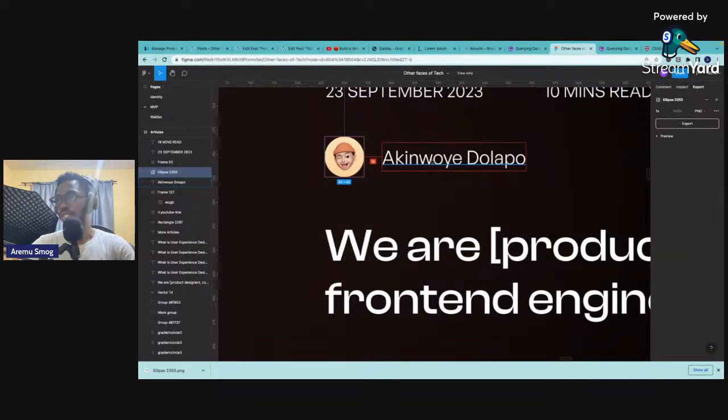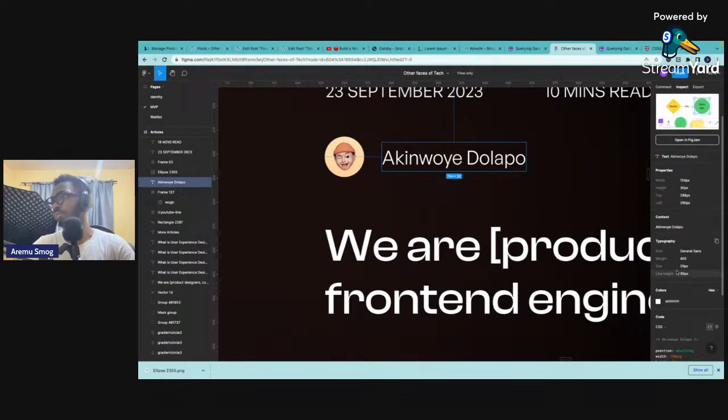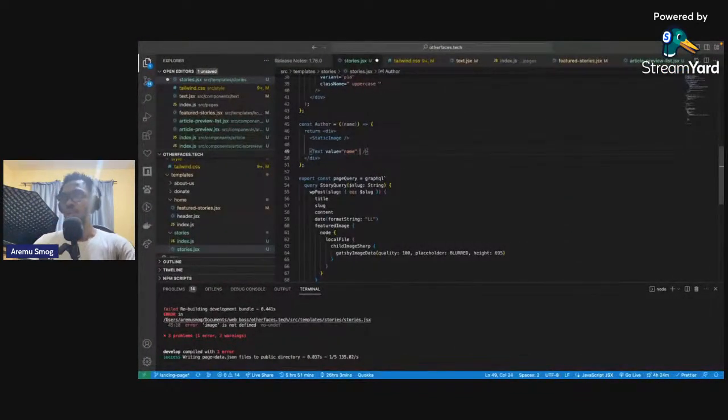Then the font size is what? Inspect. The font size is 20 pixels. So we're going to do variant equals P18 because I'm not sure we have 20 as a variant text here. So that, a value equals name,